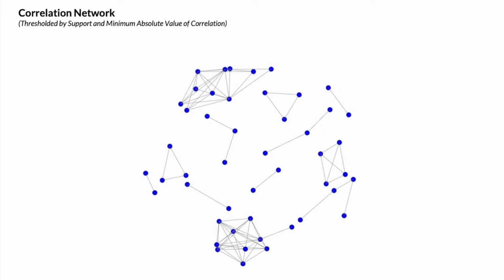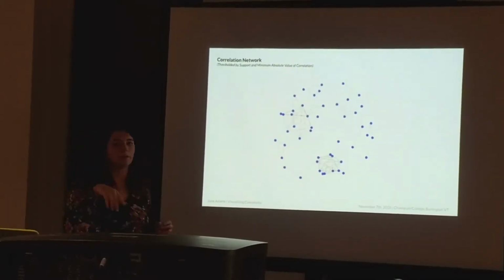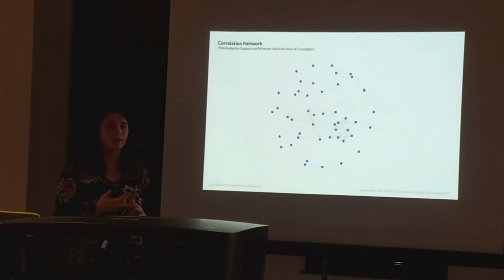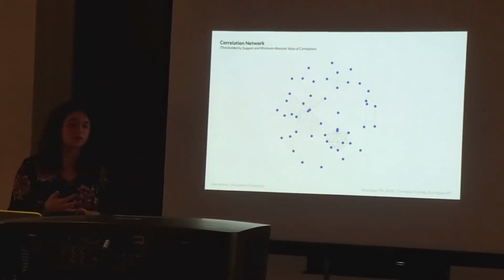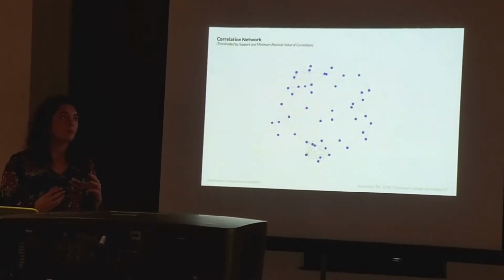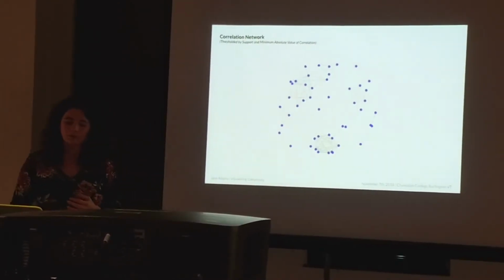And what ends up happening is we get these constellations that, when we zoom over them, we find that maybe one of them is our smoking constellation, so all of the questions in it are related to whether or not people smoke. Or we have a diabetes constellation or a cholesterol constellation, so that helps us understand what these relationships are and how some things are similar to other things.